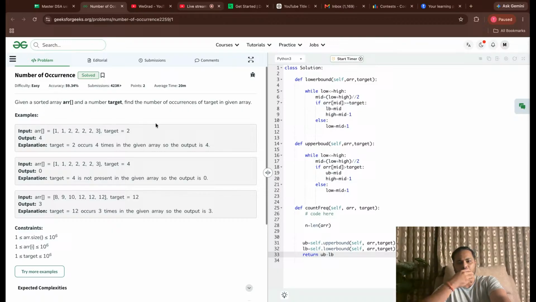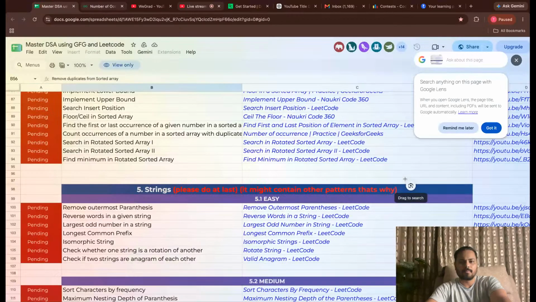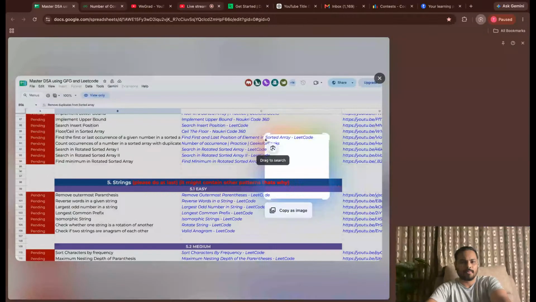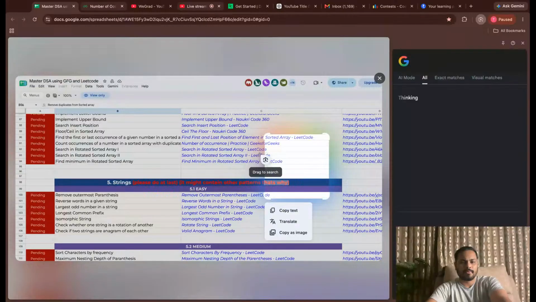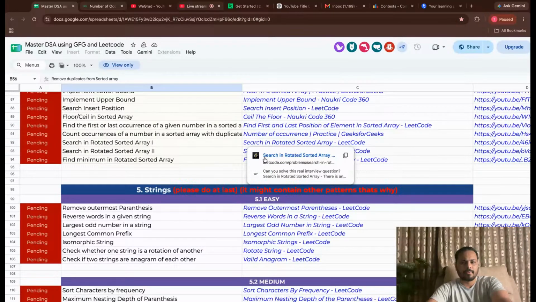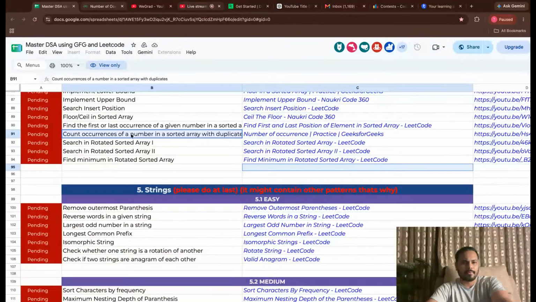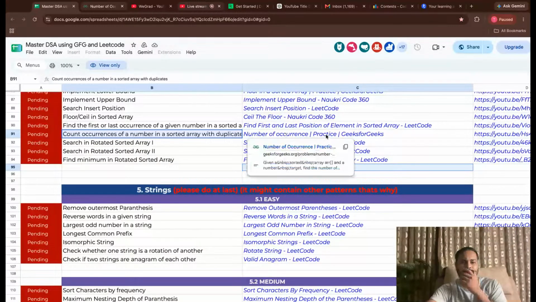Number of occurrence. Count occurrence of